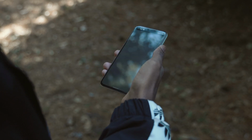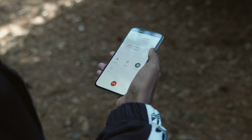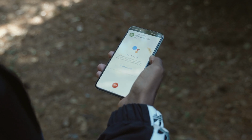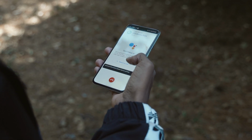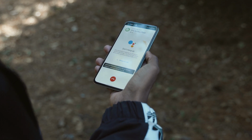Another useful phone call feature is that if you're on the line with customer service and they put you on hold and you don't want to listen to that aggravating instrumental or music, you can literally have the Google Assistant wait on hold for you and alert you whenever a representative is back on the line. This has been useful for me these past few days since I've been on the phone with UPS since they